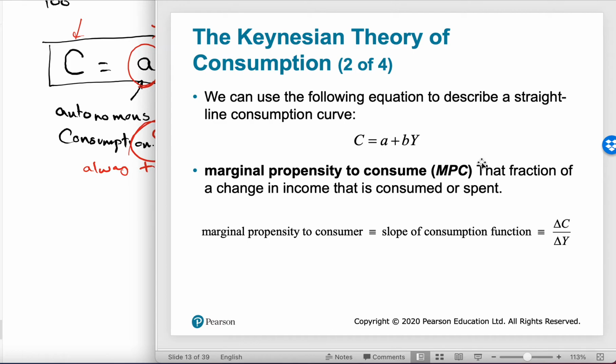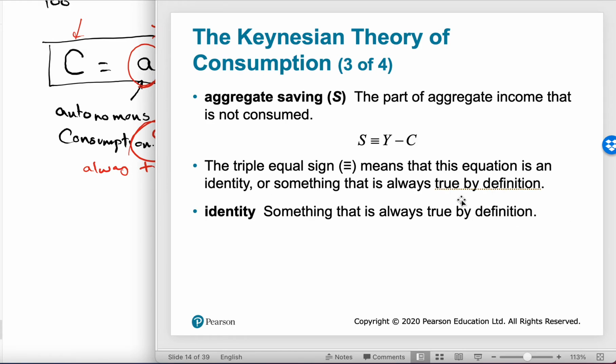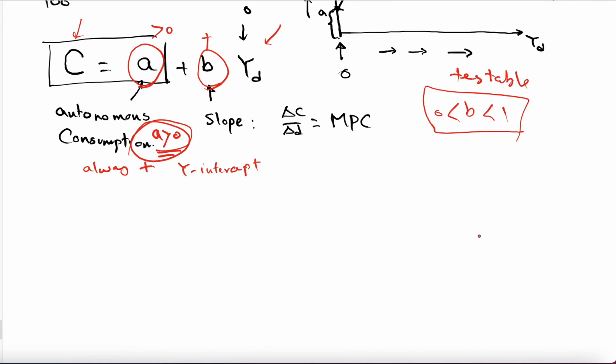So that's the definition of the marginal propensity to consume: the fraction of a change in income that is consumed or spent. We are not going to spend the entire increase in our income. We are going to spend a fraction of that. That fraction is called the marginal propensity to consume, or the slope of the consumption function. Another thing is that if you know the consumption function,